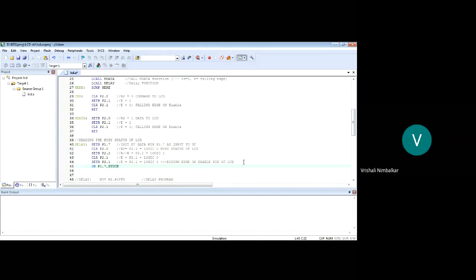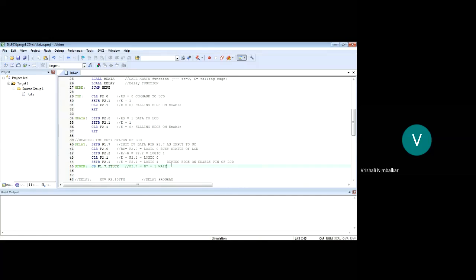So where should I write that label stuck? See here students, I should write it at the same instruction. Right? Why do I need to do like this? If the bit is 1, what is my command? P1.7 is 1 means D7th bit is 1.